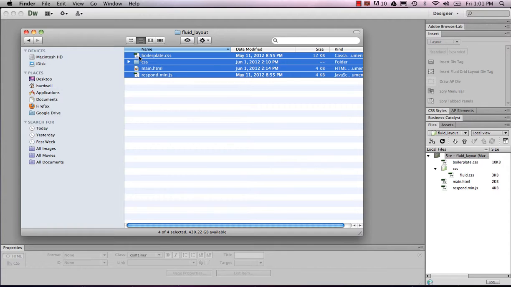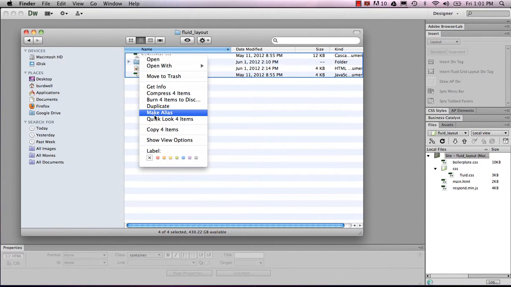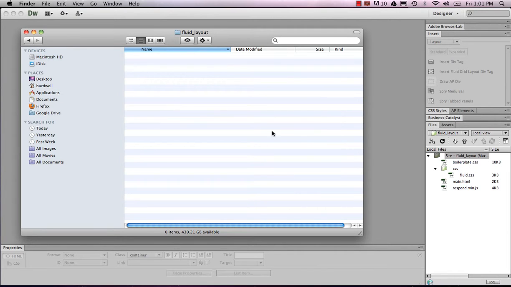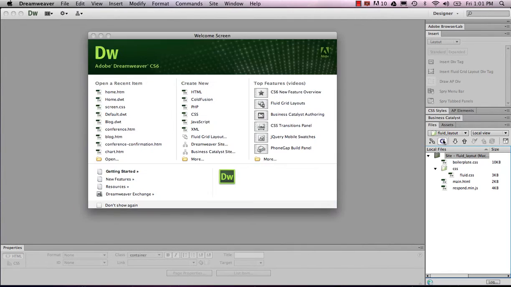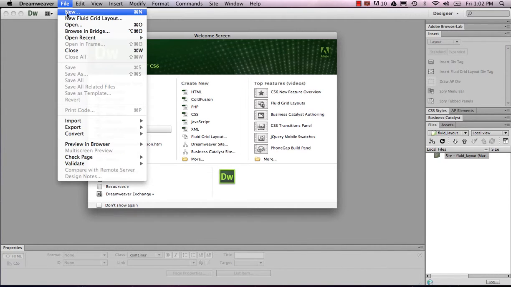What I want to do is go ahead and delete this out and move these items to trash, because over here on my files panel, I don't want to see any files located because I want to redo this. So what we can do is let's go back up like we did last week and go to File, New